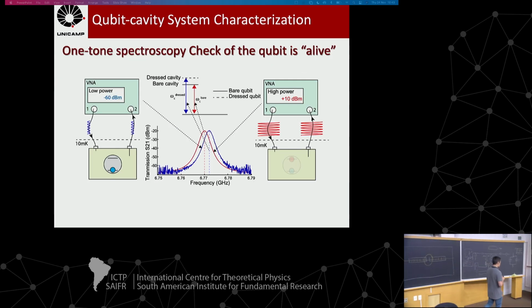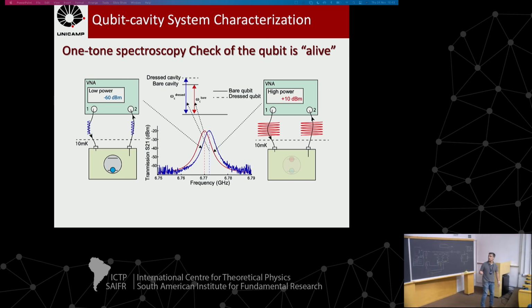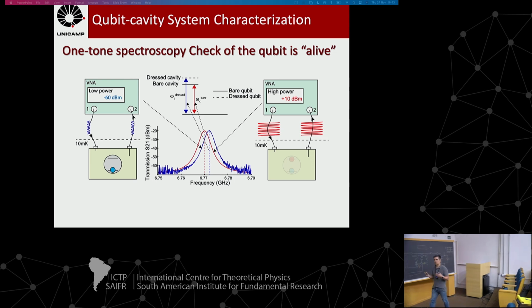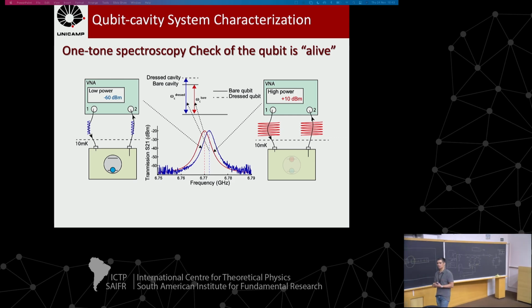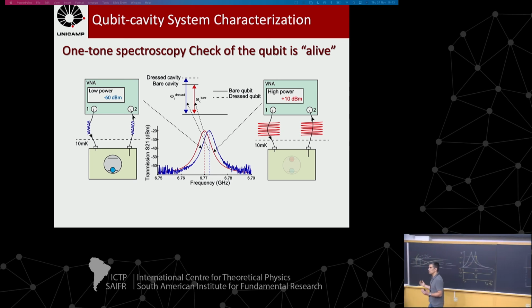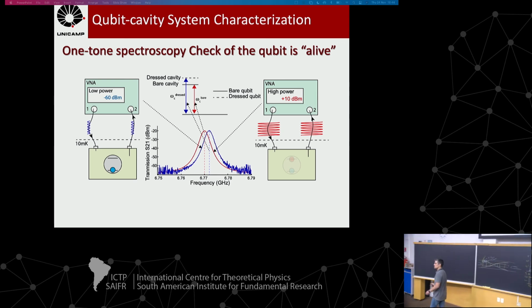Now I want to start to talk with you about how we do the measurements to probe the qubit and to see if my qubit's alive. Okay, the first thing we do when we have a sample with a qubit is to see, after all that process I did in my sample, if the qubit is still there. I have a Josephson junction. I have a qubit that is alive inside of my device. And that's the kind of measurement we are going to do. It's similar to what I have here, but there are some differences related to the Hamiltonian of the system that we are going to discuss a little bit tomorrow,